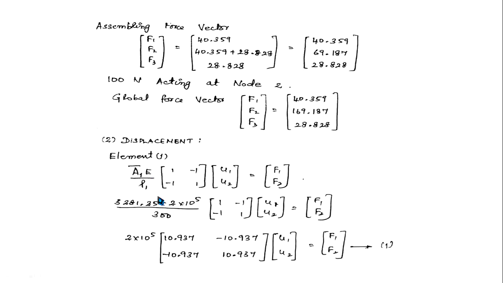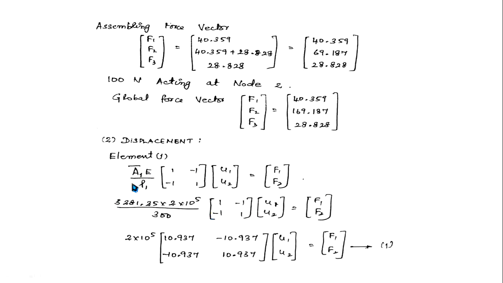And next we will go for the displacement. So for displacement, as usual, you have to use your finite element equation. Now apply the finite element equation for element 1 and element 2, combine this and you will get your final result. This is F, this is K into U. I have written it the opposite way. In the previous problem I would have written the left hand side as F and the right hand side as K into U.